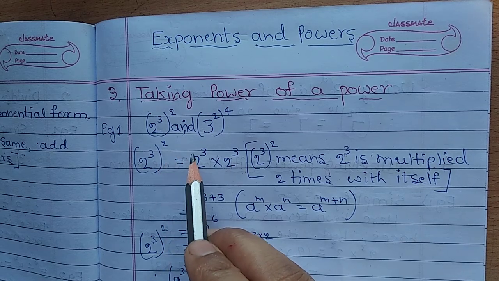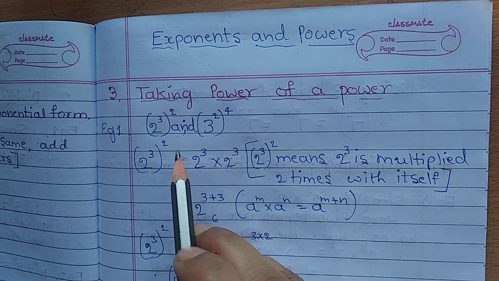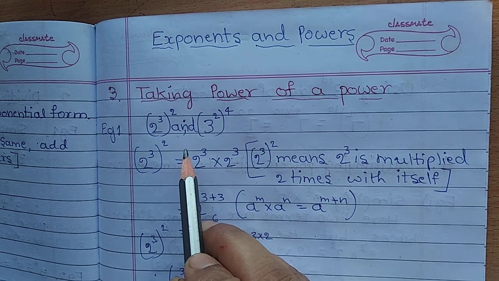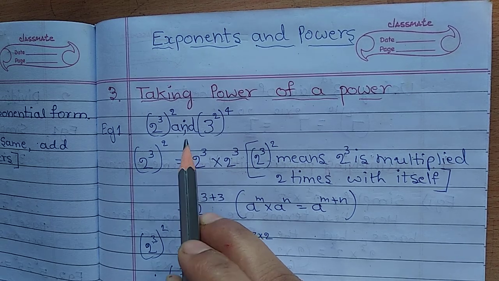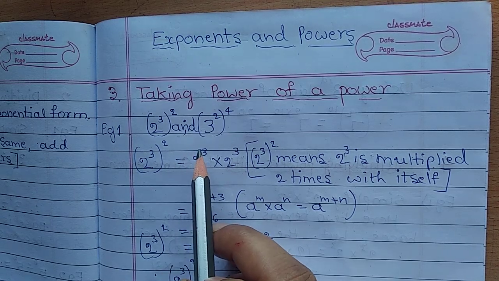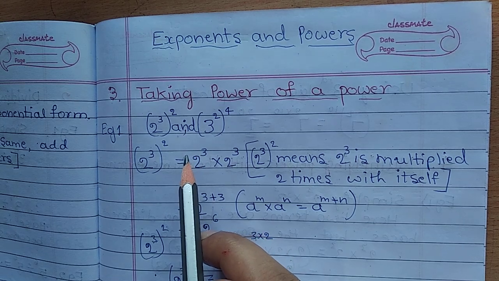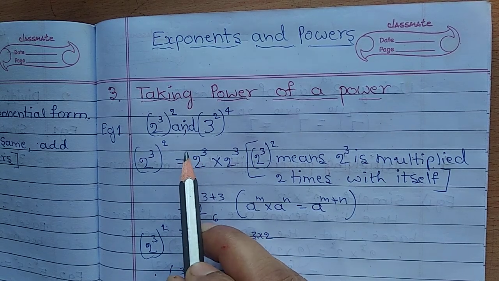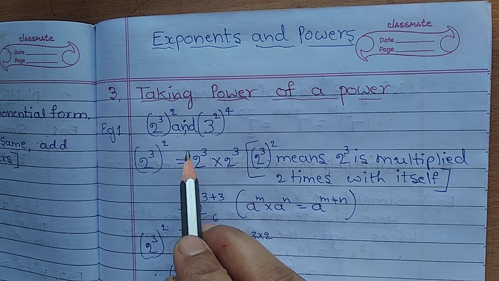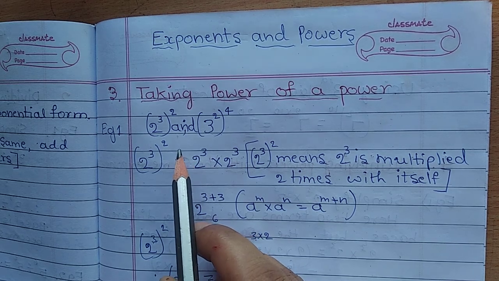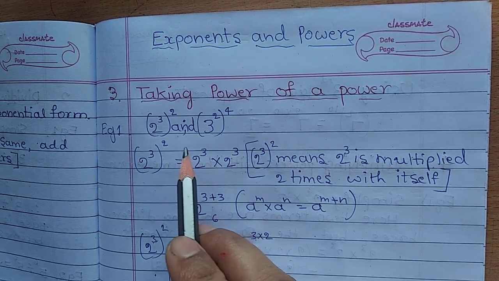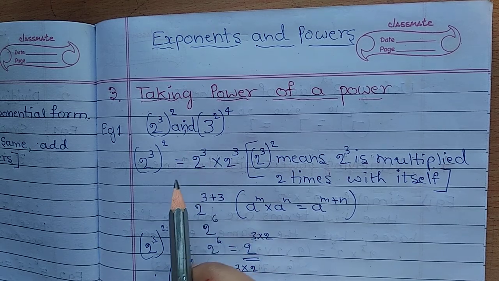And second law of exponent states that a raised to m divided by a raised to n is equal to a raised to m minus n, that we have studied. It means if bases are same and if it is division, we have to subtract the powers. We have solved a few problems also.